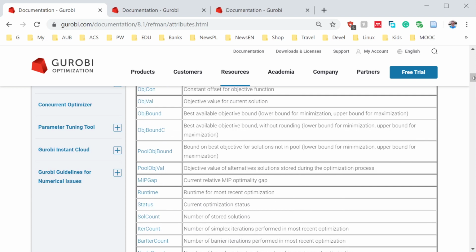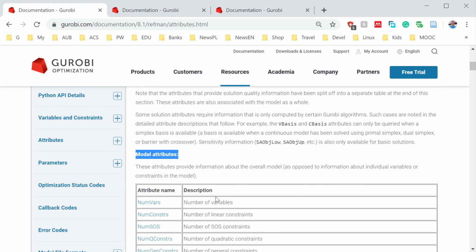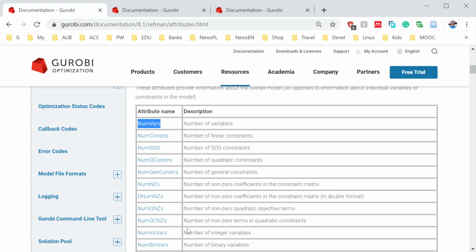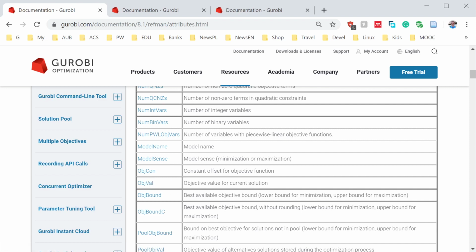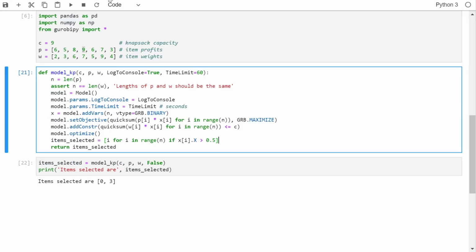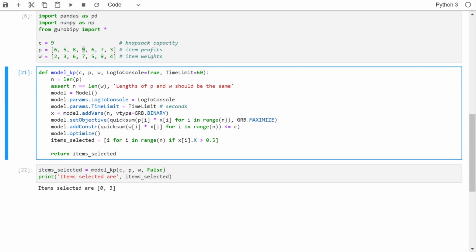We can also find model attributes. Model attributes, for example, include the number of variables, the number of constraints, and a lot of other things which we can query. And one of the things we can query is the objective value. So we can actually check the value of the current solution. If I go back and say, let's say, total profit equals, and I could say model, and then get the objective value attribute, and let's actually turn it into an integer,